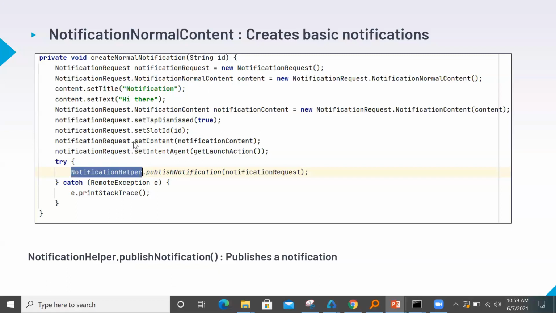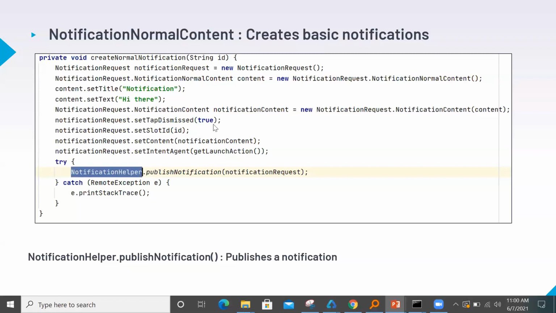Now we have to use the setContent method in the NotificationRequest. The setContent will accept only a NotificationContent type, which has different constructors that take the normal, picture, or multi-line content. In our case, I'm using normal content, so it will take this normal content here, and then that NotificationContent you can set into the setContent method of the request.